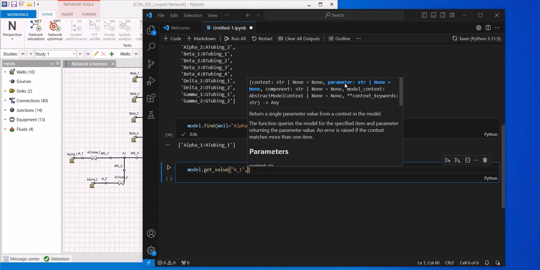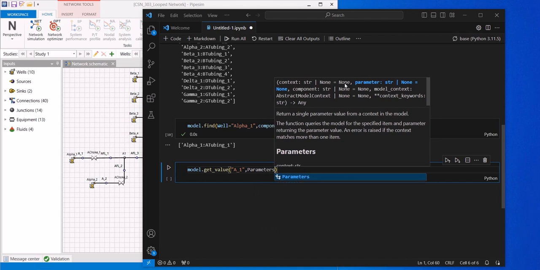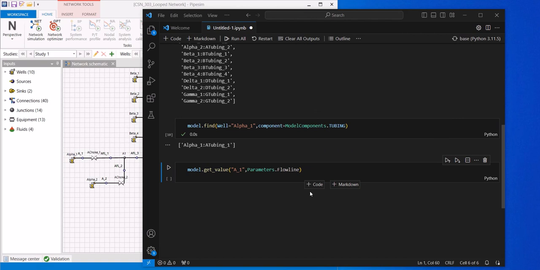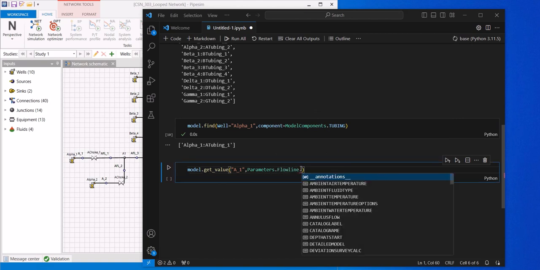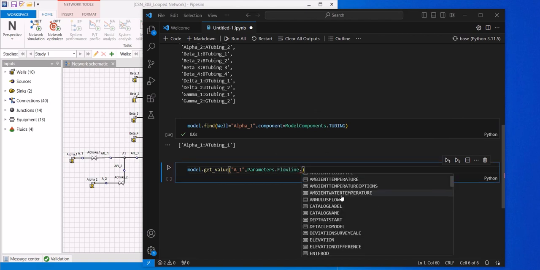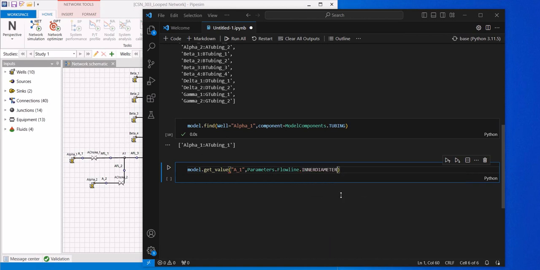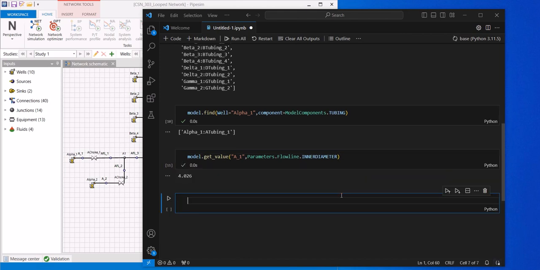For this purpose, we have the parameter classes, parameters, and then we have the different classes inside. I'm going to select the flow line because I'm going to extract the data from the flow line element, flow line, and then dot, and I have the list of all possible parameters for the flow line. And some of them may not be defined because of the selected structure, but I'm going to use the parameter which is obviously defined for the flow lines, the inner diameter. So I type the inner diameter, and then we request the data, and we've got the response,